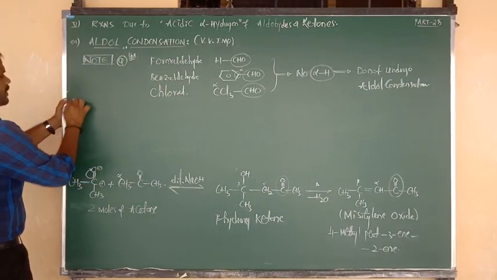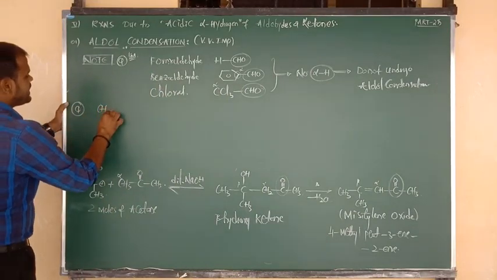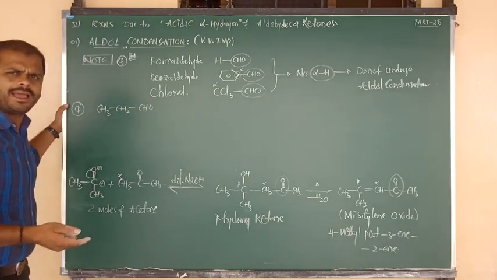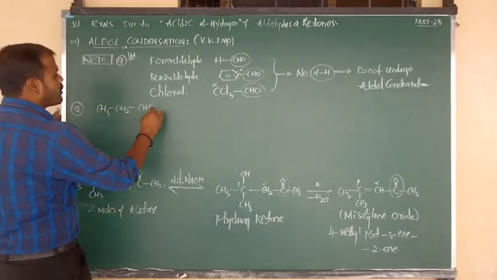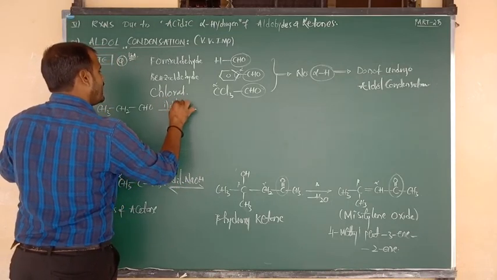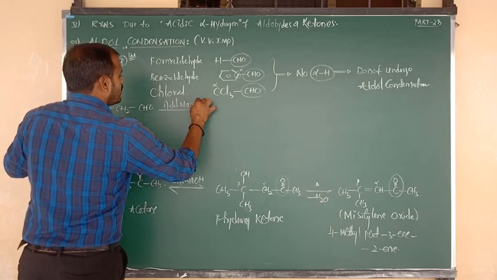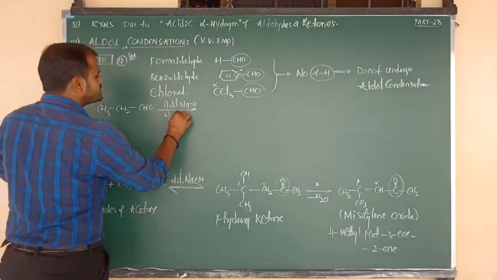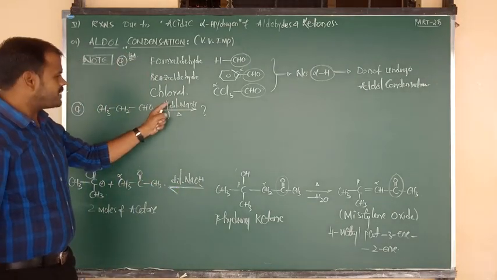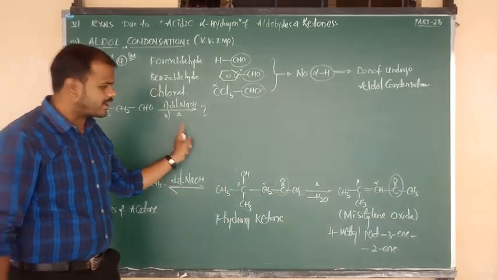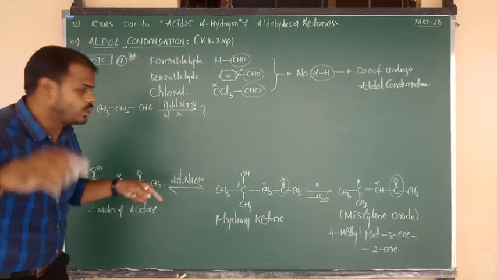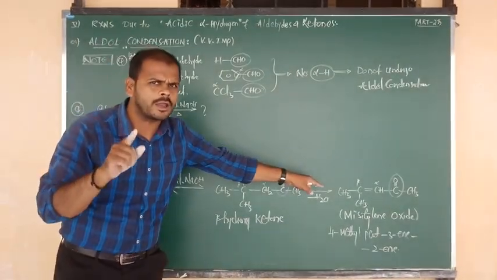Question is CH3 bond CH2 bond CHO. Compound name is propionaldehyde, or we can say propanal. So for propionaldehyde, they have given the symbols upon the arrow mark. Number 1 is dilute NaOH, and upon the arrow mark they have given one more, that is simply heating. What is your final product? They are asking the final product. So with dilute NaOH, you will get the intermediate product. Upon heating, you will get the final product. So without writing the reaction, how to write the final product shortly, that I am going to show you now. Are you ready? Yes.